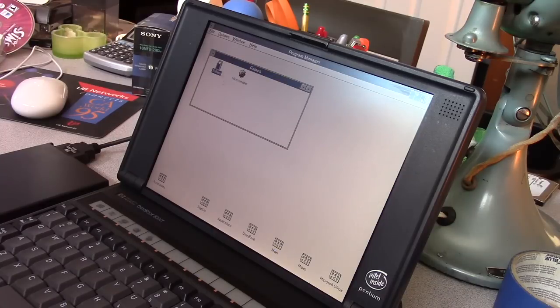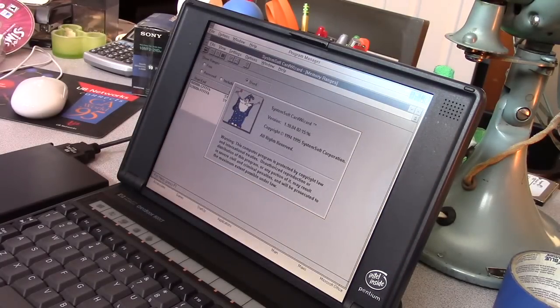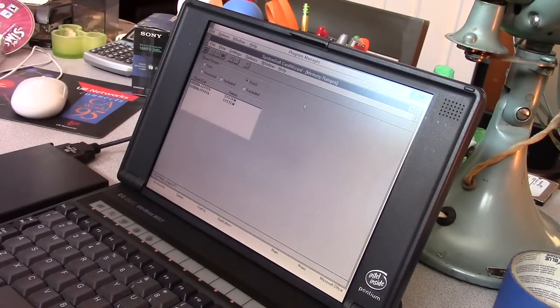I have a ton of games on here now. I didn't load them into the menu yet. I will be getting to that soon. Let's take a look at the OmniBook software. This is something I just downloaded yesterday from HP. We've got our Card Wizard, which is the software interface for the